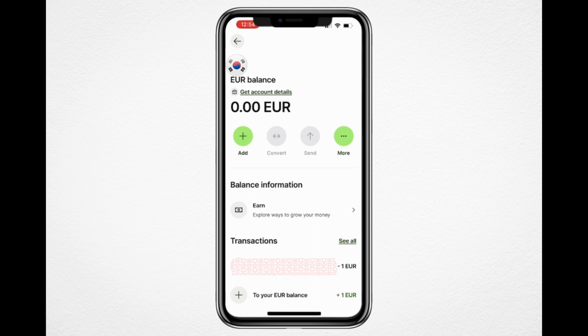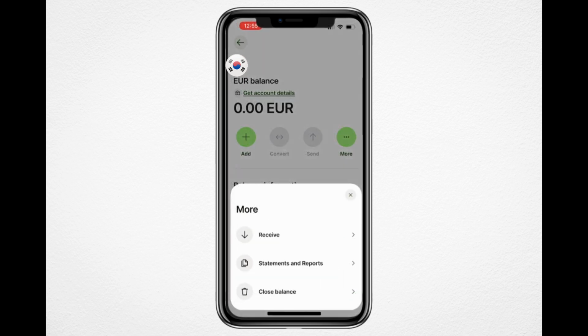On the website, after you select the currency, look for a button that says Receive. Click on it. If you are using the app, tap on the currency, then tap on More and choose the Receive option. Once you are in the Receive section, tap or click on your chosen currency again to open the